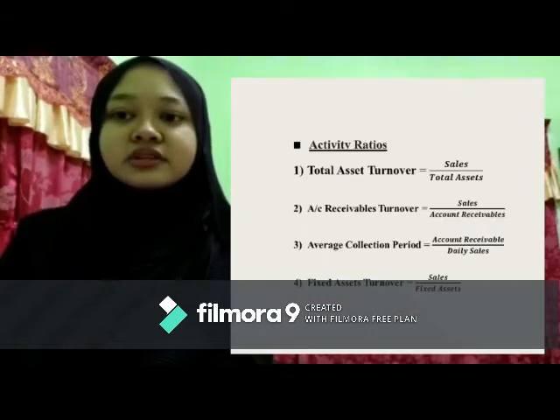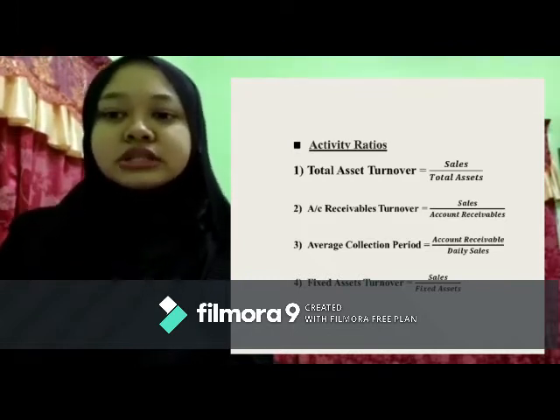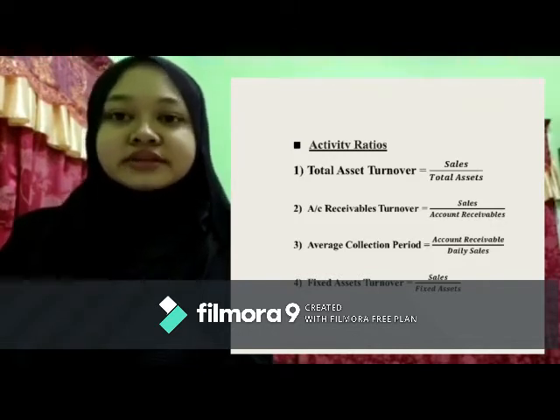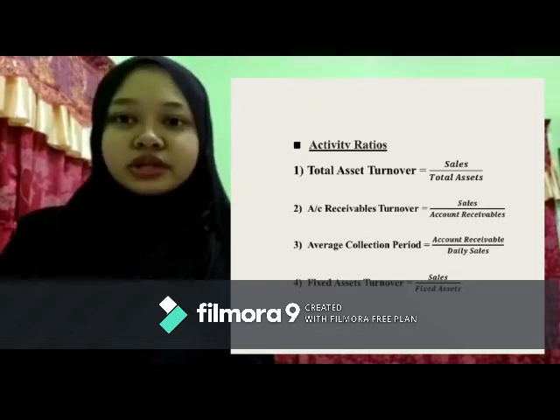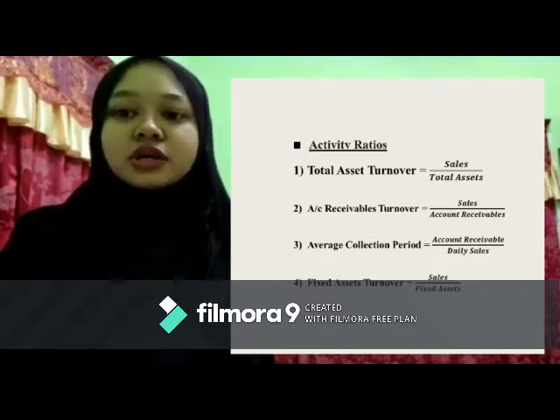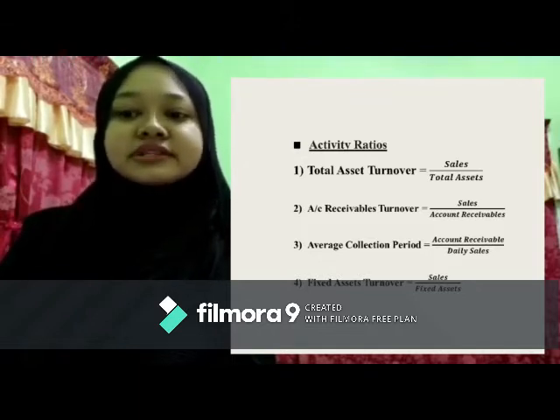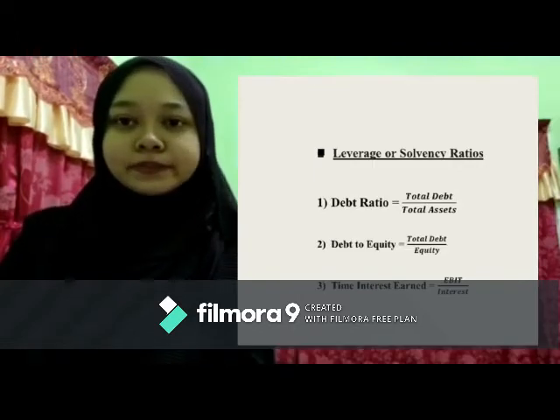Thirdly, activity ratio. Under the activity ratio, there is total asset turnover. Formula for total asset turnover is sales divided by total assets. Formula for account receivable turnover is sales divided by account receivable. Formula for average collection period is account receivable divided by daily sales. Formula for fixed asset turnover is sales divided by fixed assets. Lastly,